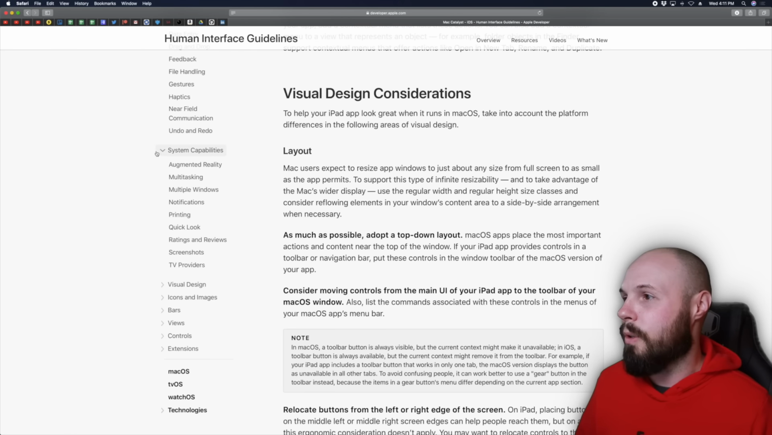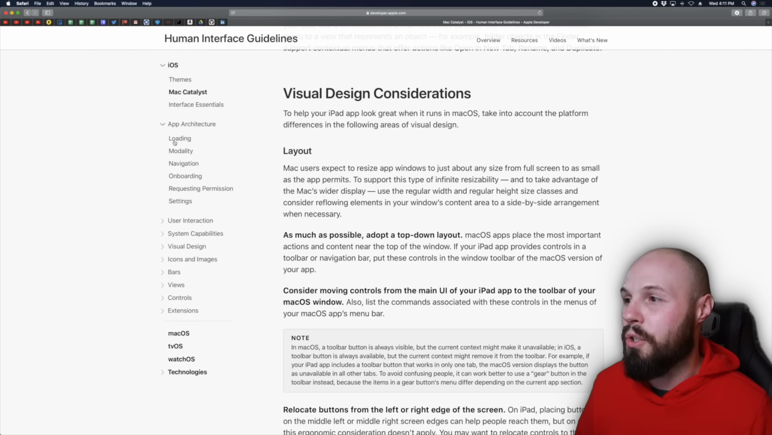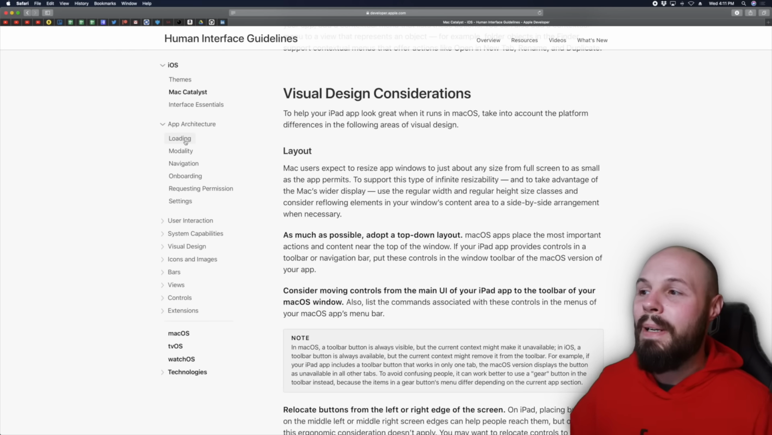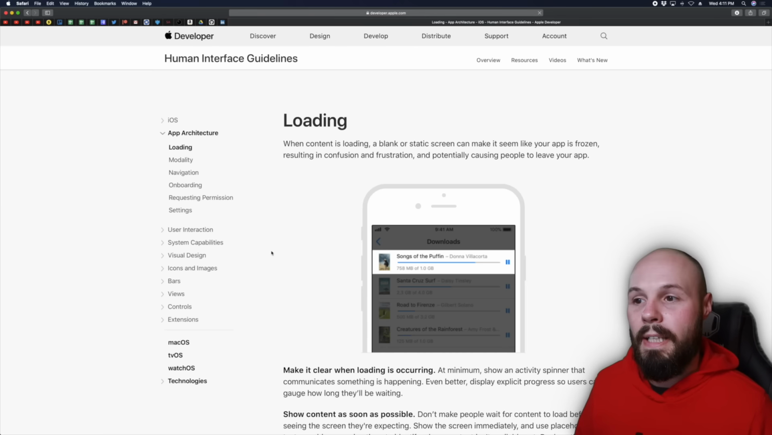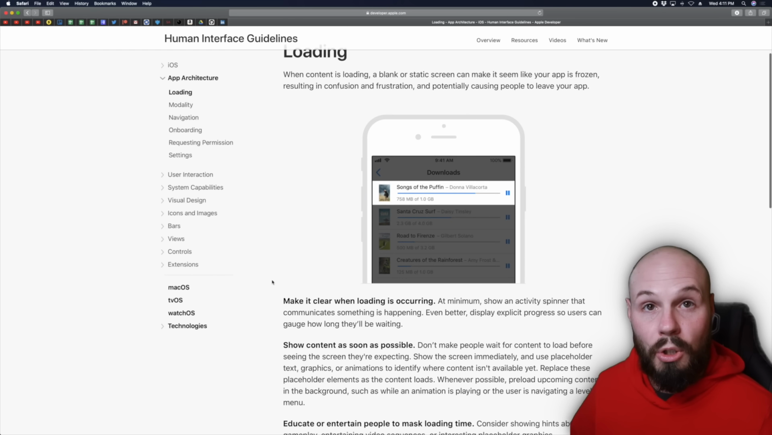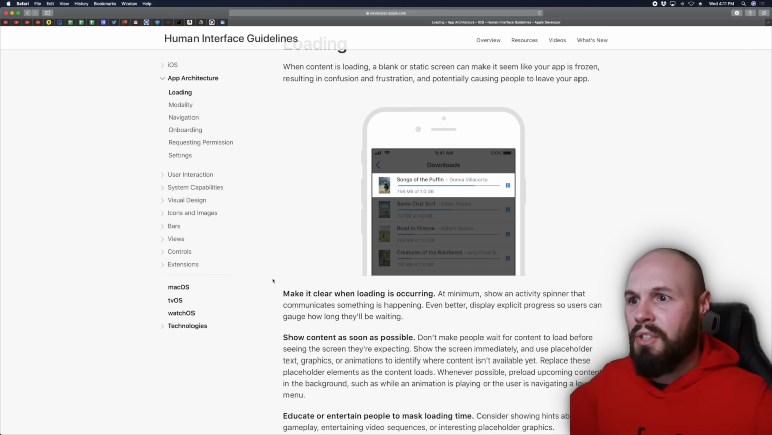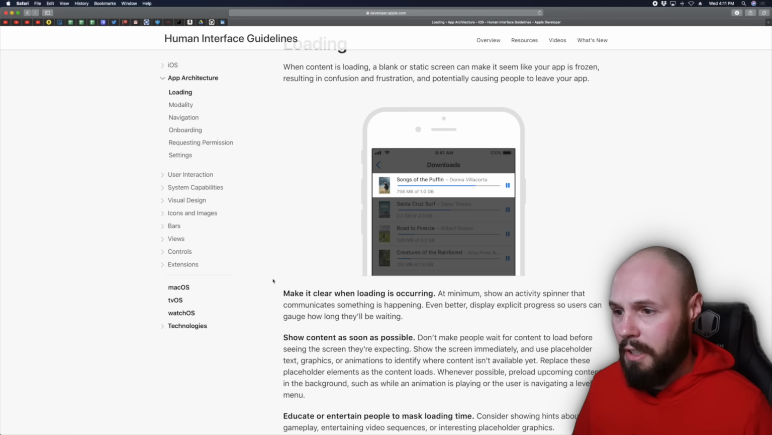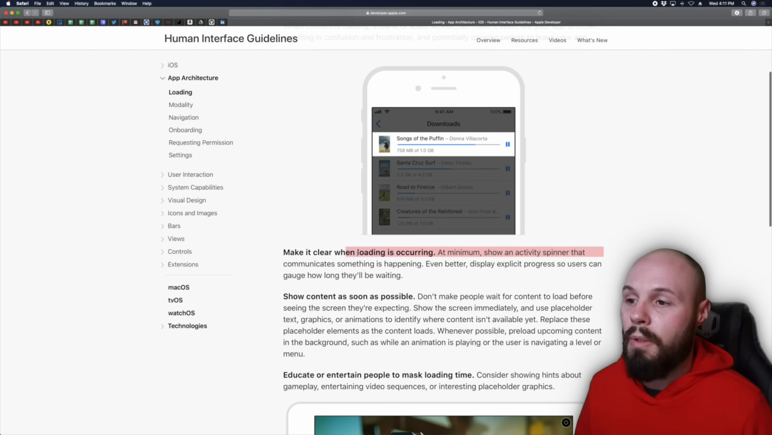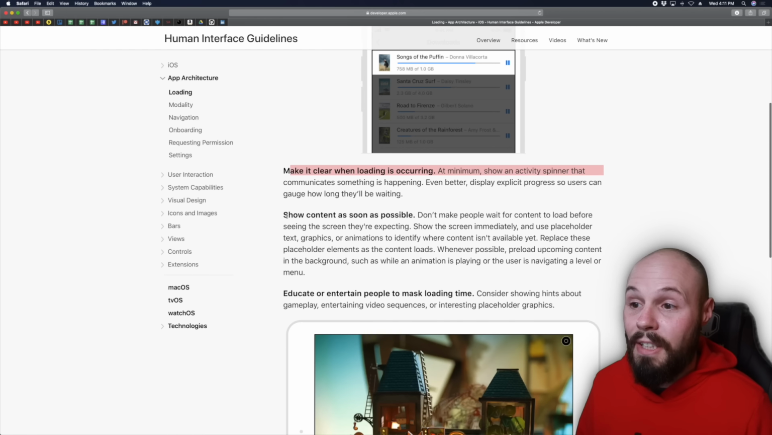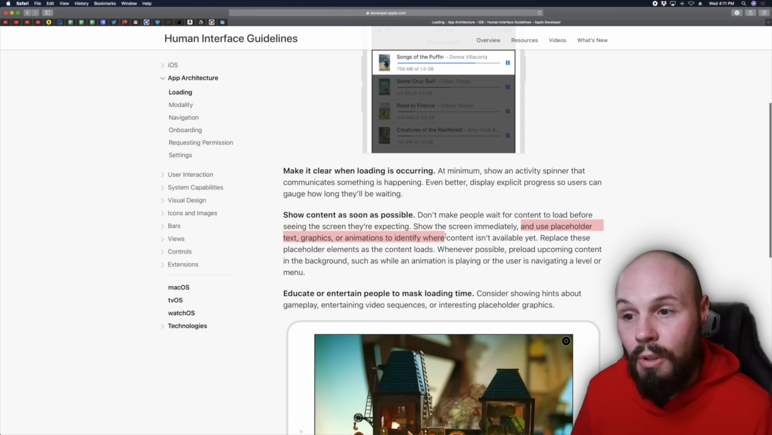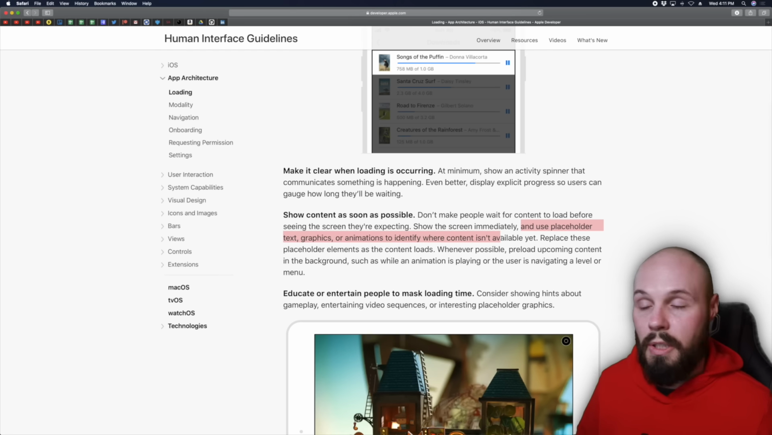So let's go back up real quick to a smaller section here, just to show you in app architecture, even the mundane stuff like loading. This tells you how to properly handle your loading states for your app. So like I said, it gets into the nitty gritty. This isn't just high level, big picture stuff. Again, you want to make it clear when the loading is occurring, show content as soon as possible. It says, use placeholder text, graphics, animations to identify when content is available, and then replace those placeholder images when